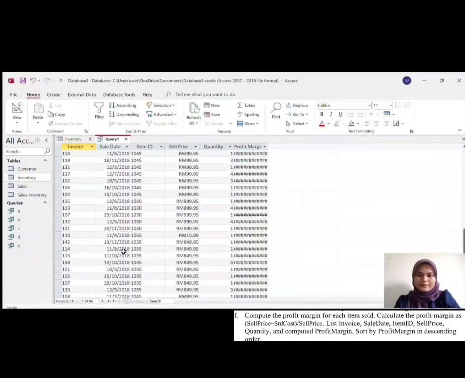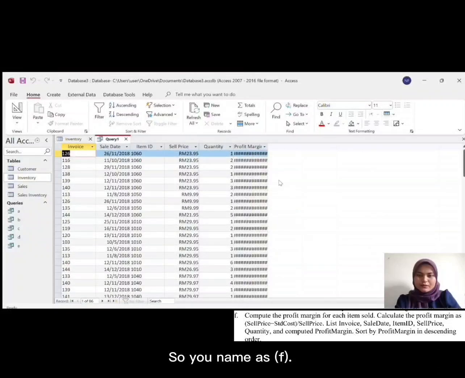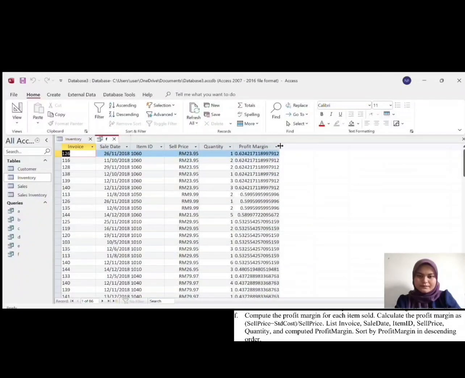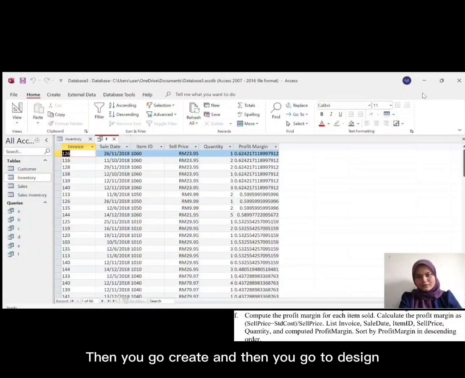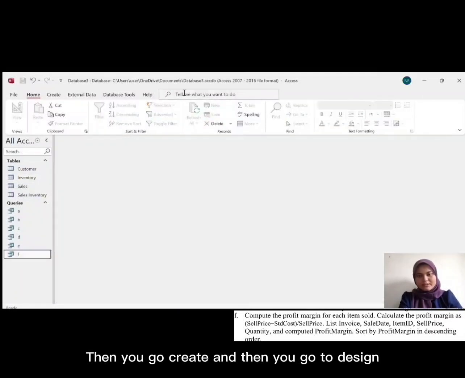Okay, so you name it as F. Then you go create, and then query design.